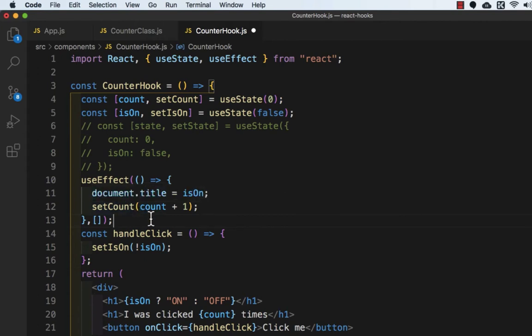So how it works basically, it looks at the content of the array and compares it with the previous array, and if any of the values specified in the array change compared to the previous values, then it executes this effect function. If none of them change, then it won't execute. So in the array, we want to put isOn,